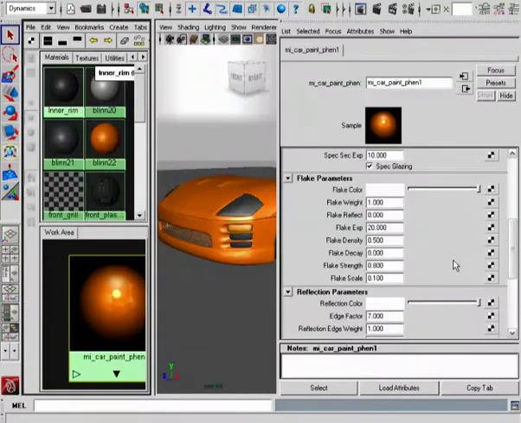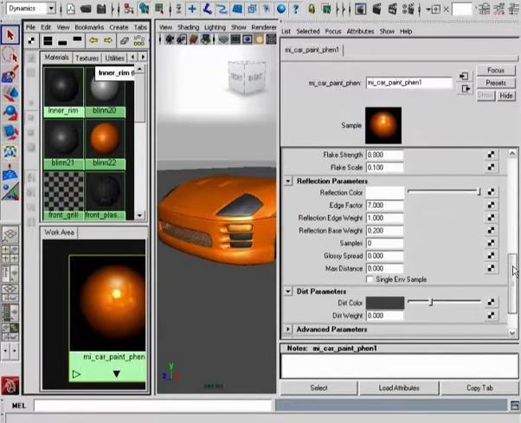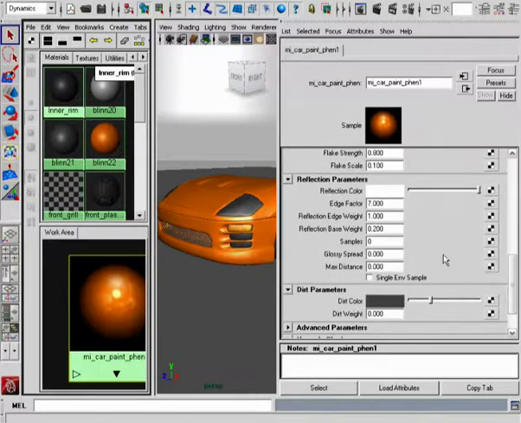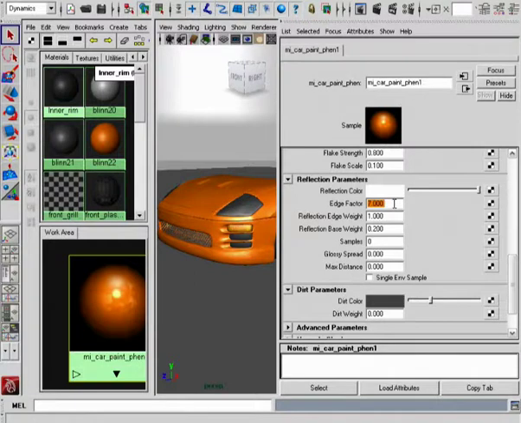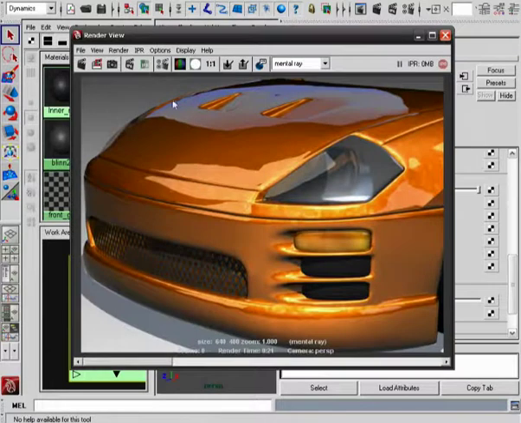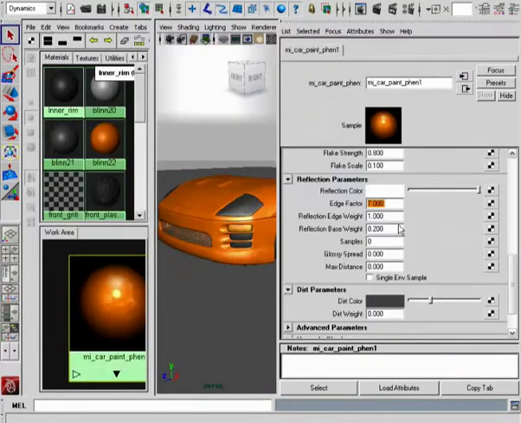So before we wrap up this lesson, let's take just a quick look at some of the reflection and dirt parameters. So we have the reflection color, and we have below that the edge factors and edge weights. So this controls the amount of reflectivity as we get further out toward the edge of our object. So below